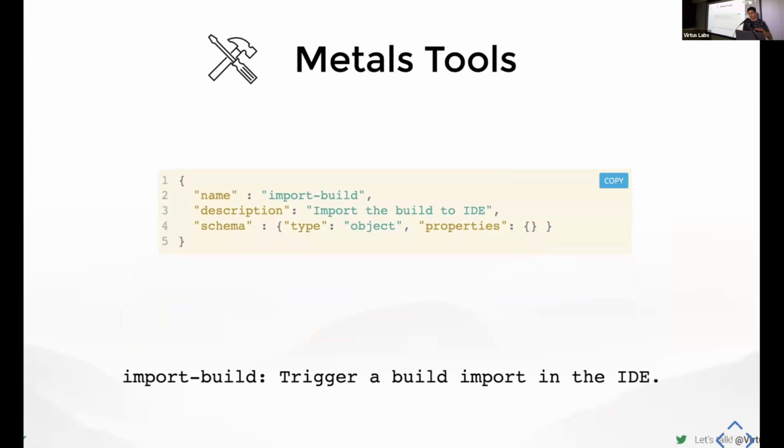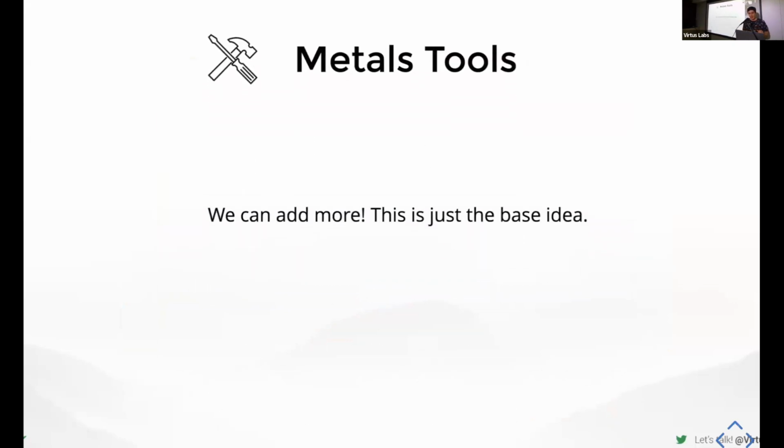We have import build. So if anything changes in your build definition, usually they will ask you. So if you ask it to find a library, add it, then it will try to re-import it. It will know that it should do that. So that's interesting that we managed to, this is a simple purpose tool, and it knows that it can use it. And obviously that's 9, but we can add much more. I have some ideas, I'll mention them later on, of what we can add. But for now, we have 9 as a first sample for you to try out.